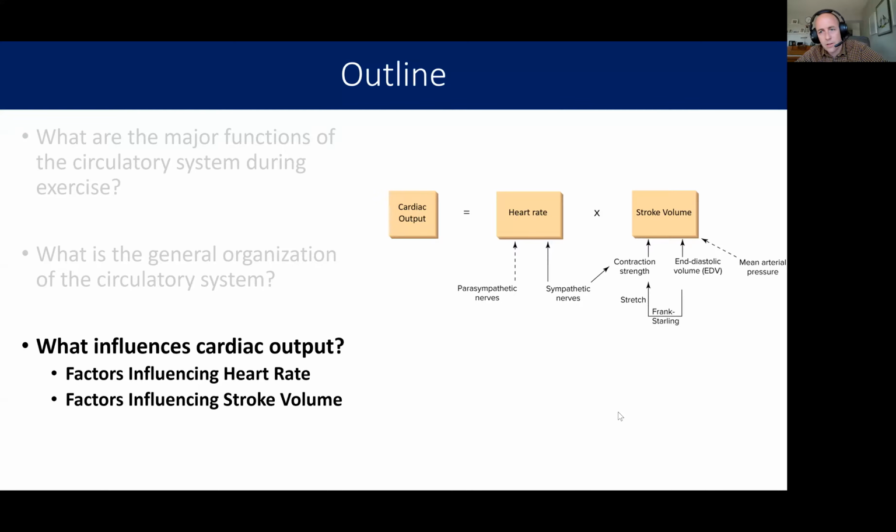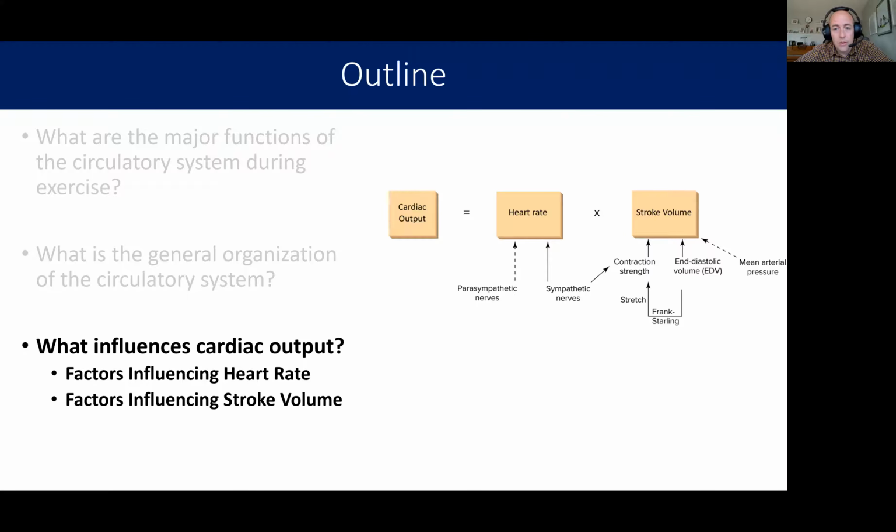Now that we've talked a little bit about the structure of the heart, let's talk about how it actually does its main job: eject blood and provide pressure to move blood throughout the cardiovascular system. So, one of the most important equations that you're going to learn this unit is what factors determine cardiac output. Cardiac output is the volume of blood that comes out of the heart, the left ventricle or right ventricle, every